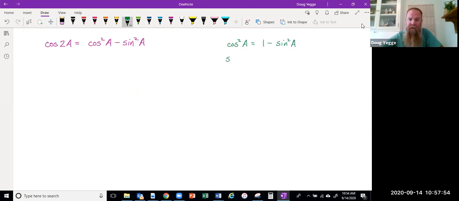We could also see that sine squared of a is equal to 1 minus cosine squared of a, if I were to just subtract each of those terms to the other side. So with that shown here, we're going to be able to replace cosine squared a with 1 minus sine squared a, and possibly simplify this formula to a different form that might be easier for us to use. So let's replace cosine squared a with 1 minus sine squared a